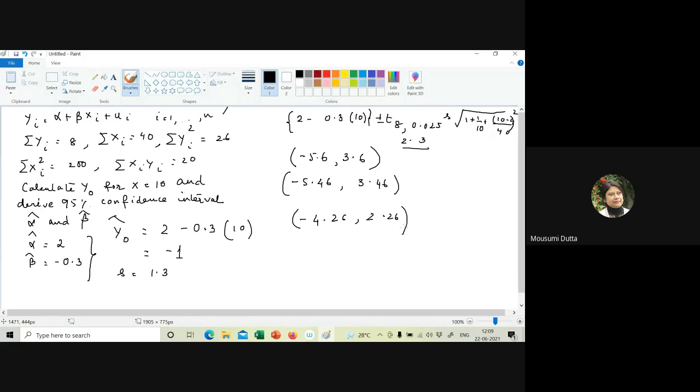So there will be a little bit of variation in terms of variance, and for that matter,